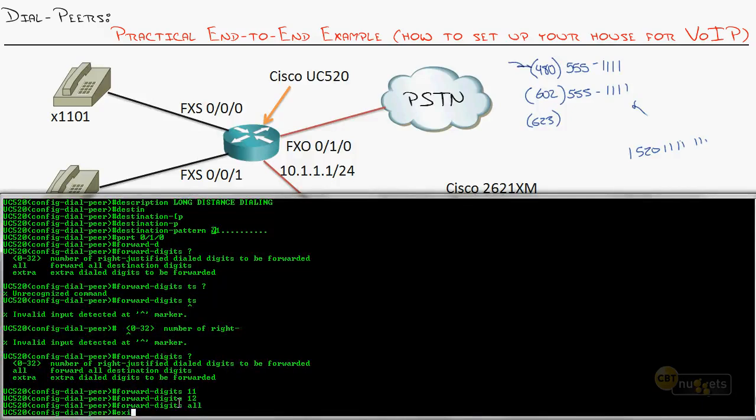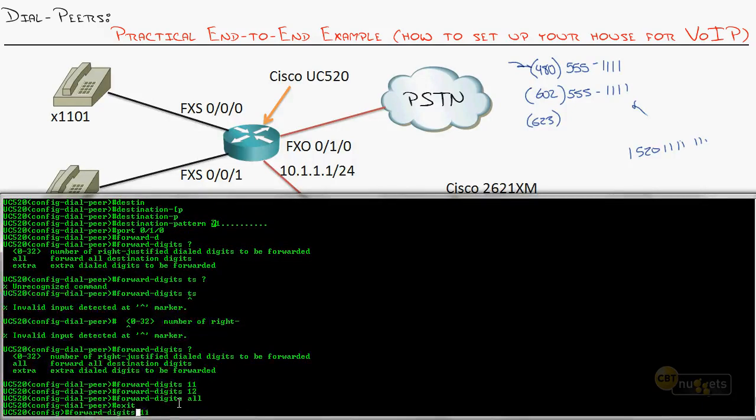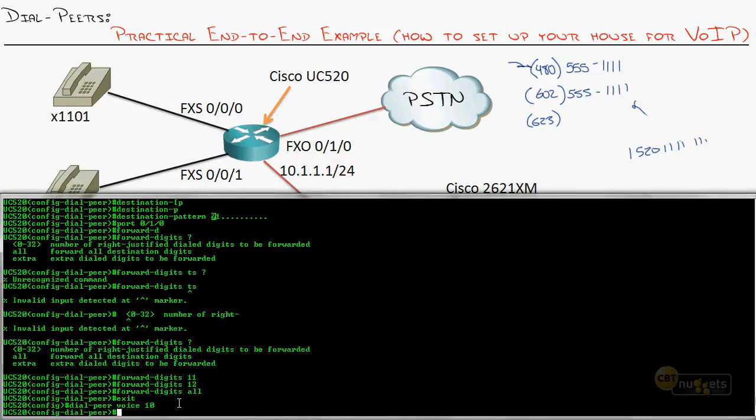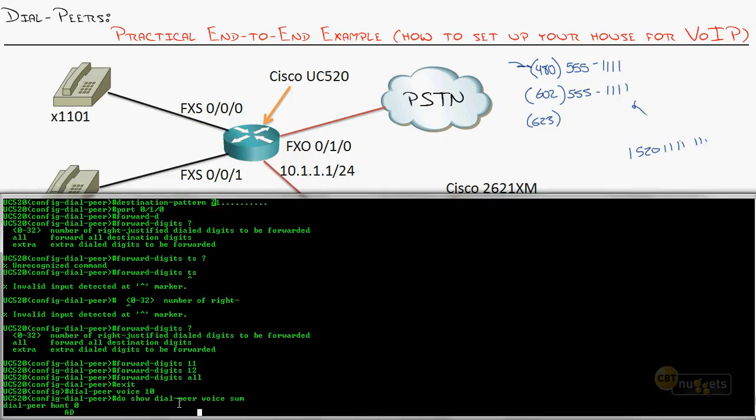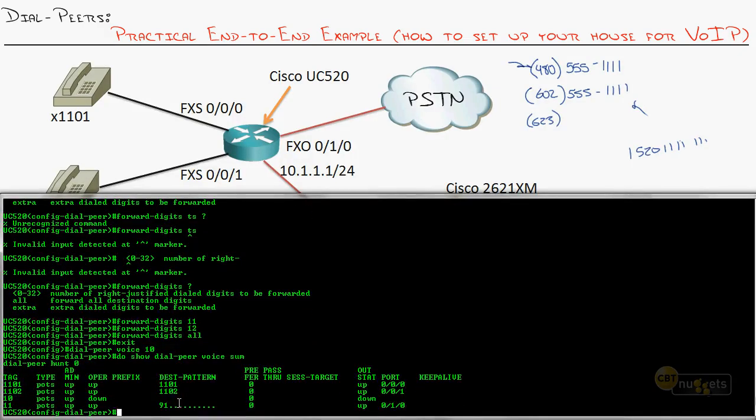Let me back out and now go into here. Oh, let me just go to dial peer voice 10. Let me do a show dial peer voice summary. I'm going to give you that view because we've got 10, which is currently down. It's not working because we don't have a destination pattern or a port number. There's our long distance one. It's currently up. It looks like it's good. So long distance was working. Now what I'm going to do, and this is why I wanted to do the long distance first, is say